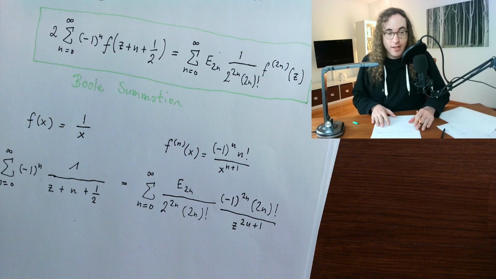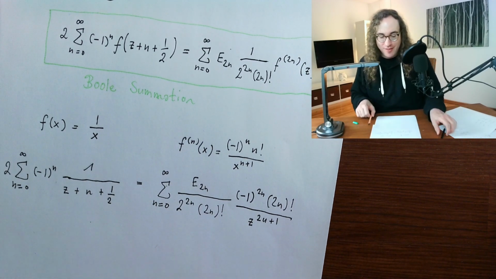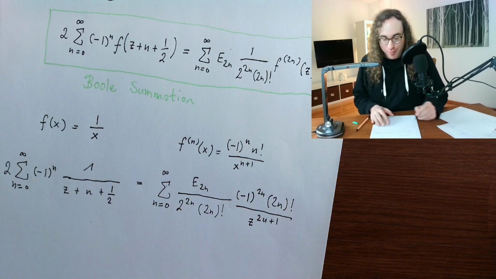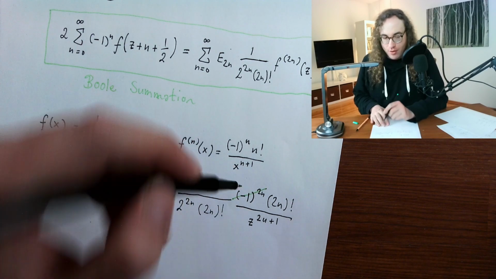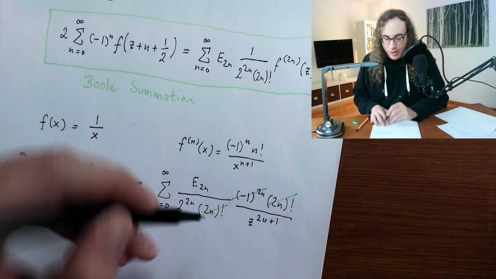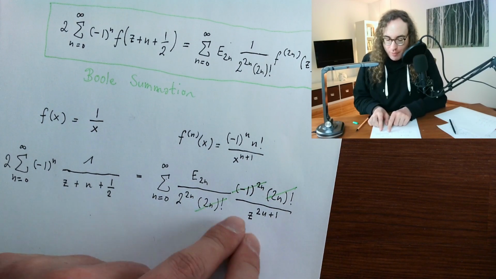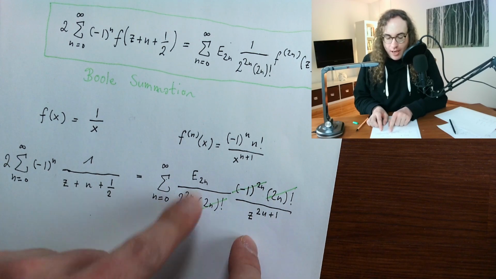This is what I get. And note that this already looks promising because there is some funny cancellation happening. So first of all, minus 1 to some even number is always 1, so we can ignore this term. And then we have 2n factorial here and 2n factorial here, so these cancel. And you see we get now the Euler numbers divided by z to the something, and still a lot of